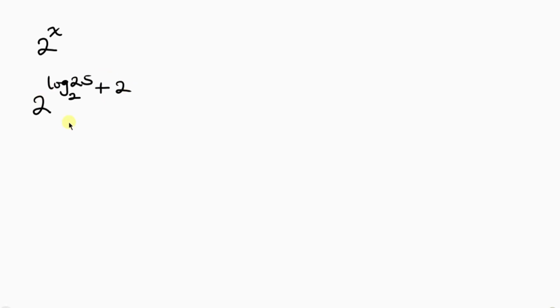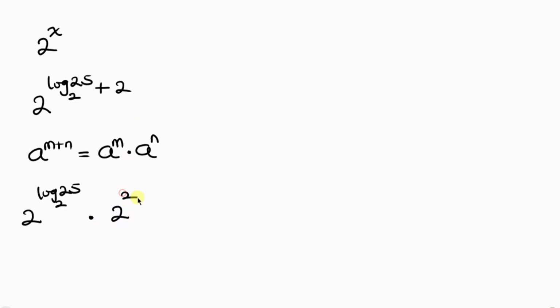Now from what we have here, we apply the law of indices that says when I have a to the m plus n, this is the same as a to the m times a to the n. So applying this to what we have here, this will be 2 to the log 25 base 2